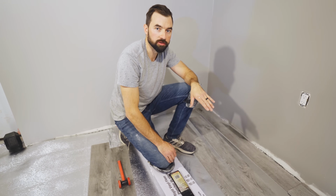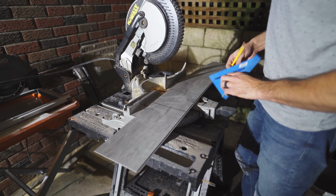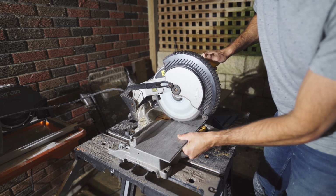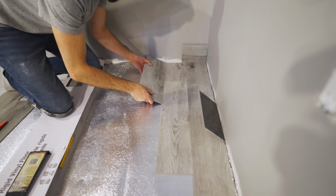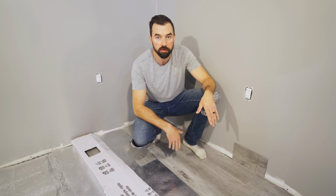So before I start my first course, I definitely want to make sure that I stagger my joints. So I'm actually going to cut 2 additional pieces at 1/3 and 2/3 length, and then use that to make sure my joints are staggered at each offset row, and continue that pattern the rest of the way through the floor. And I'm going to want to make sure that I do this run along the entire length of the